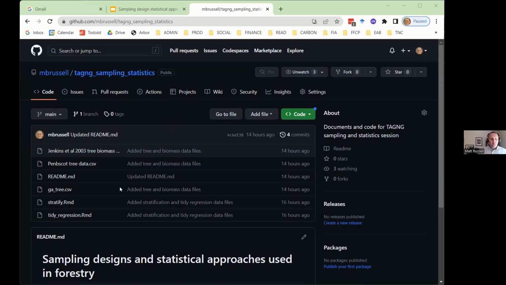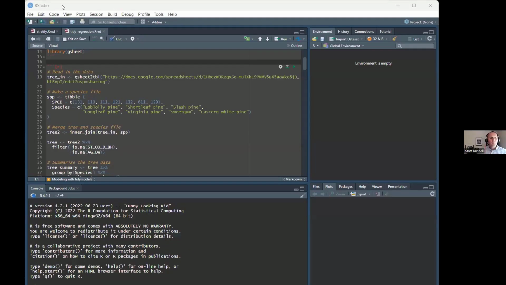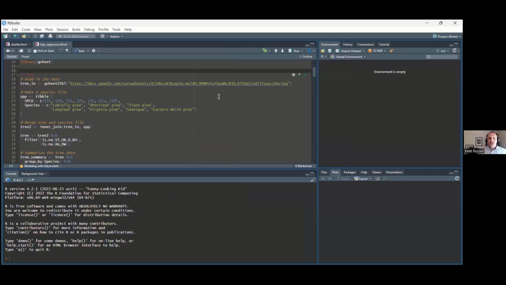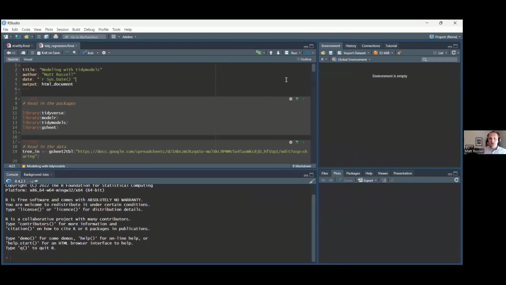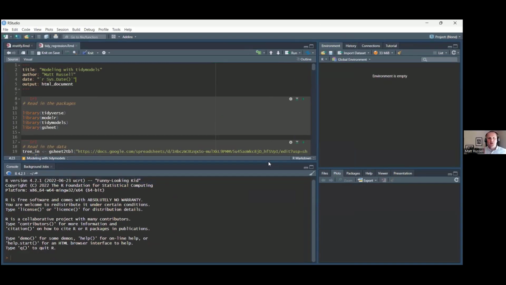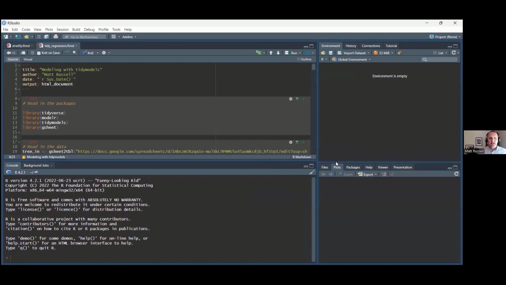What I'm going to do, I have this open in my R screen, but I'm going to look at this stratify.rmd file. If you have R on your computer, you should be able to open up R and then open up this stratify.rmd to follow along. So I'll open up R now. And you can see how things look here. I am going to make this just a little bit larger. I never really know how things come across on Zoom, but hopefully you all can see that and it's at least a good enough quality.